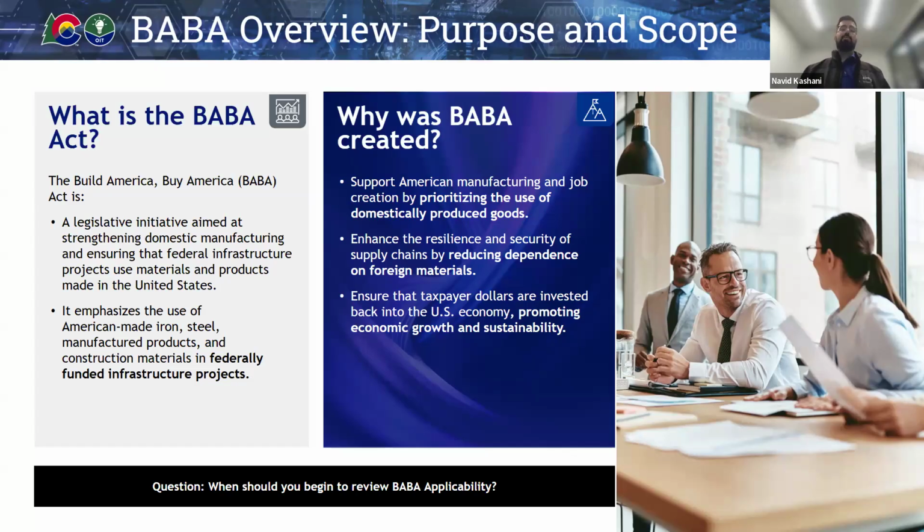Specifically, BABA applies to federal infrastructure projects and promotes the use of domestic materials and products, things like iron and steel, manufactured products, and construction materials. Now, if you're anything like me, you might be thinking, why do we have to comply with this? This is a big pain in the butt, put frankly, but it really comes down to the United States government being probably one of the biggest purchasers of goods in the world, with about half of those purchases going to manufactured products. And throughout the last few years, governments wanted to incentivize the domestic supply chain to prioritize the use of domestically produced goods and reduce the dependence on foreign materials where they can.